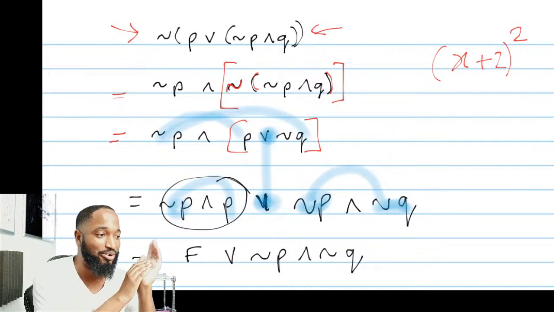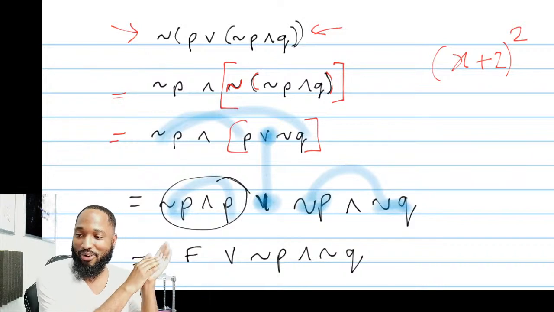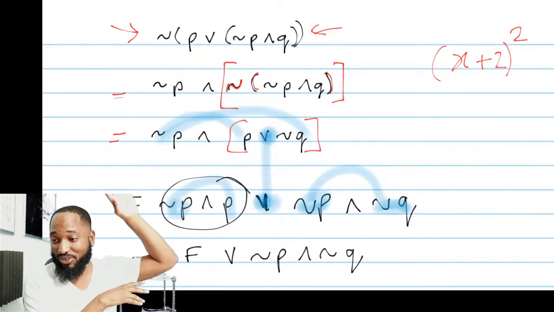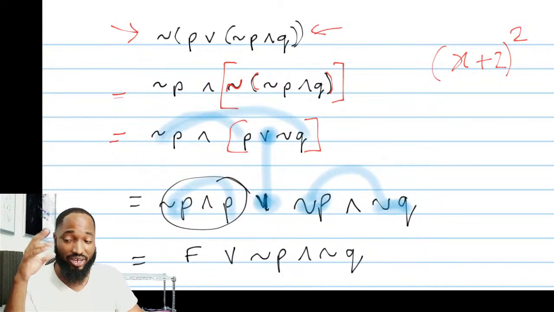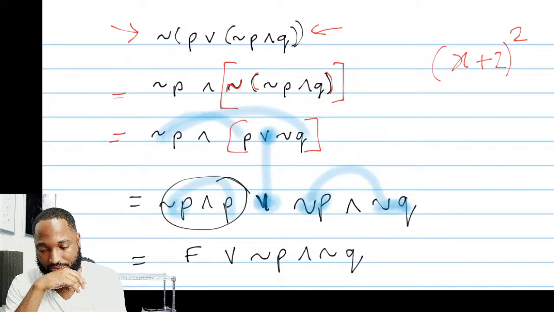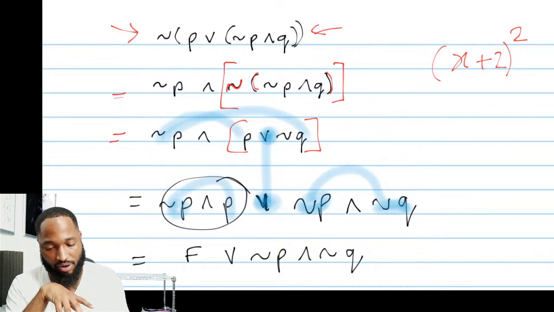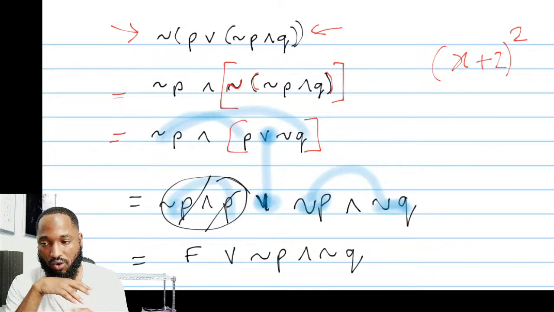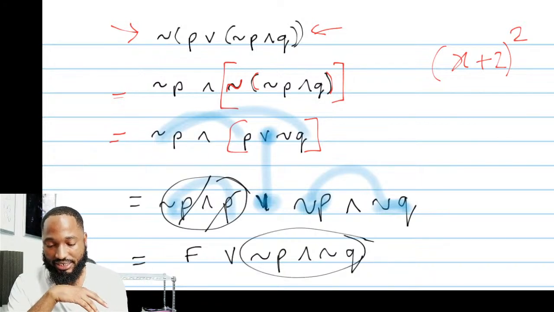I think this is probably the hardest question that could come in the paper. So just make sure that you memorize this, you understand this, you could go through this whole thing by yourself, and go and check out other questions similar to this where you use this negation sign on the outside. So you'll know these last two steps. From here it's easy, this will boil down to F. False or anything will always be the thing.